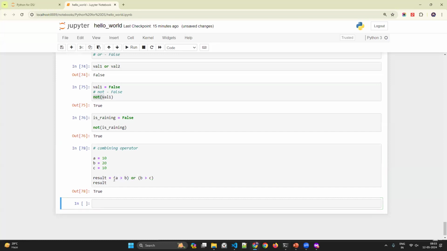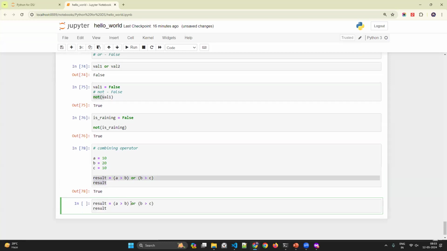True. How is it true? A greater than B. Is it true or false? False, right? Or B greater than C. B is greater than C. It is true. So what is the output? In the OR, you have just understood, if one of the operands or the values of the variables is true, then we get the output as true. In the same scenario, if I have used AND,